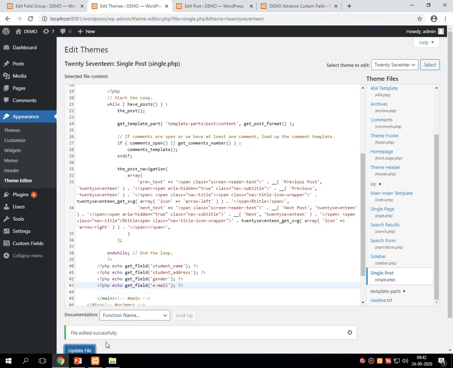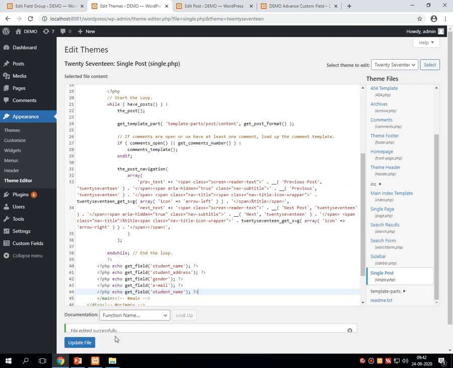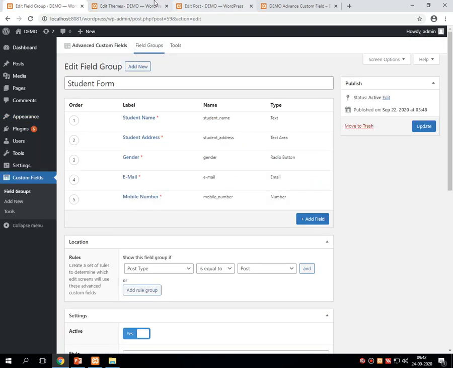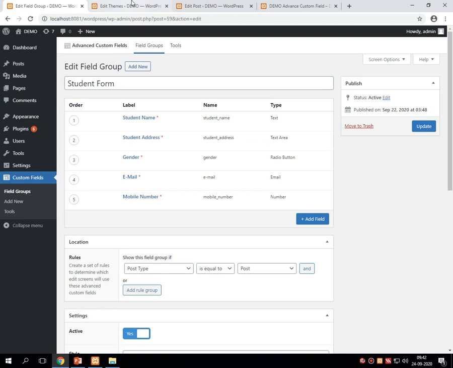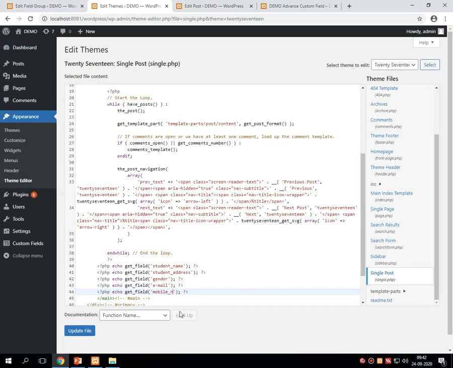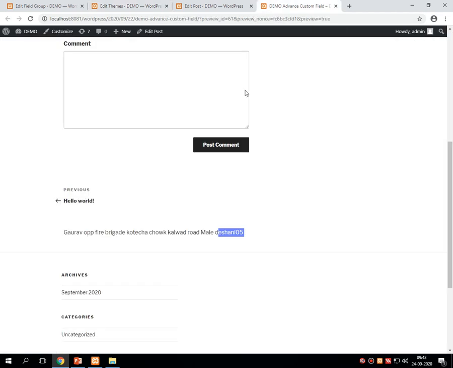Same like that, suppose I am giving the mobile number. So change to mobile_number. Number is not this one, NUMBER. Once it is saved, refresh the post.